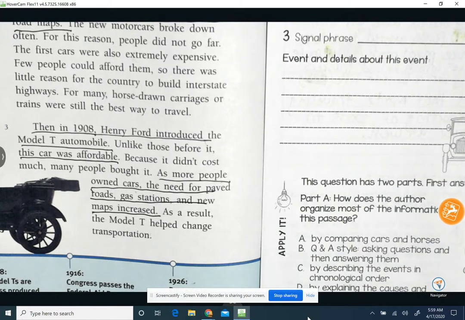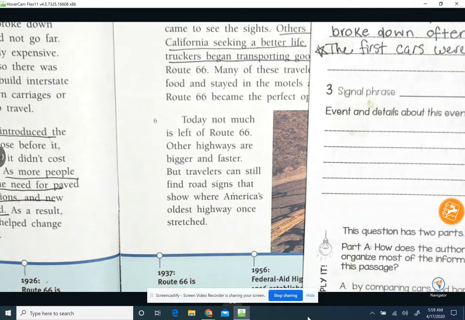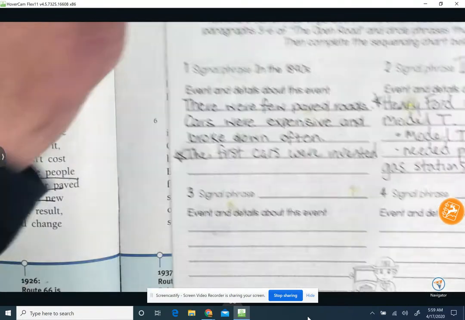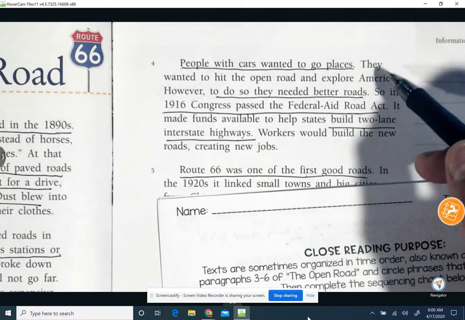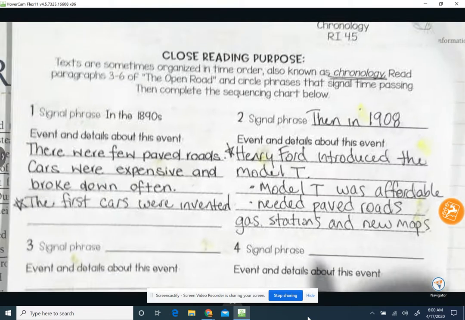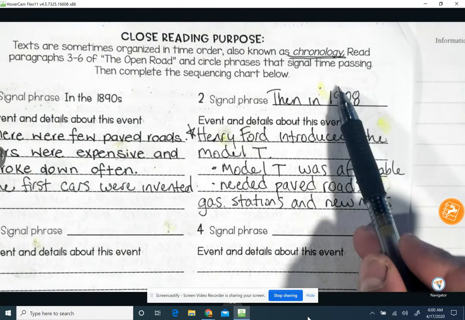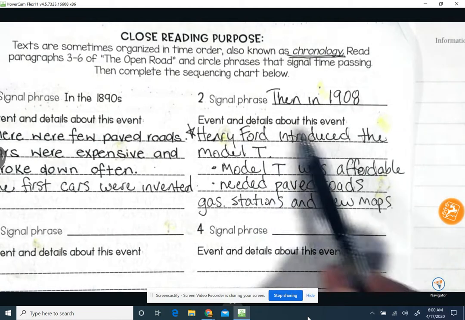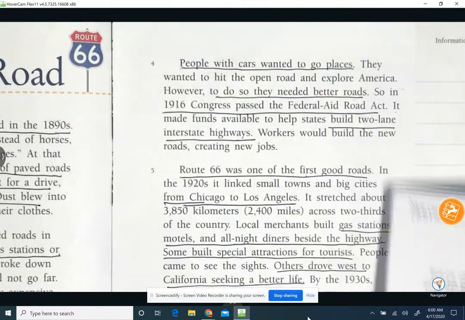Excellent. So now let's take a look at paragraph number 4. People with cars wanted to go places. They wanted to hit the open road and explore America. However, to do so, they needed these better roads, right? So we needed paved roads, gas stations, and new maps because of the fact that in 1908 the Model T was introduced. But those roads cost money, and it wasn't until